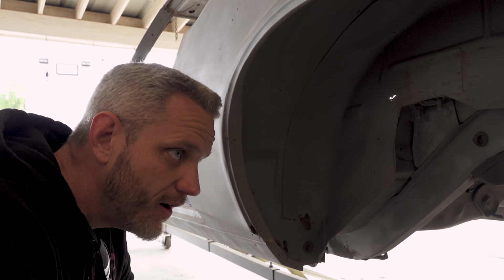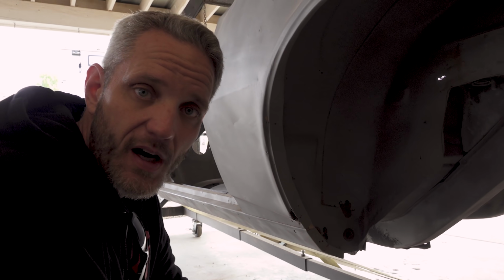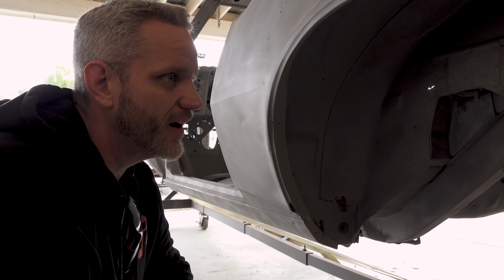In terms of the suspension though, I think I've already said it, maybe I haven't. We're actually going with a 4-link coilover in the rear, so we won't be using leaf springs anymore, so we'll be able to fit a nice fat tire back there without having the shock in the way. If we come over here,